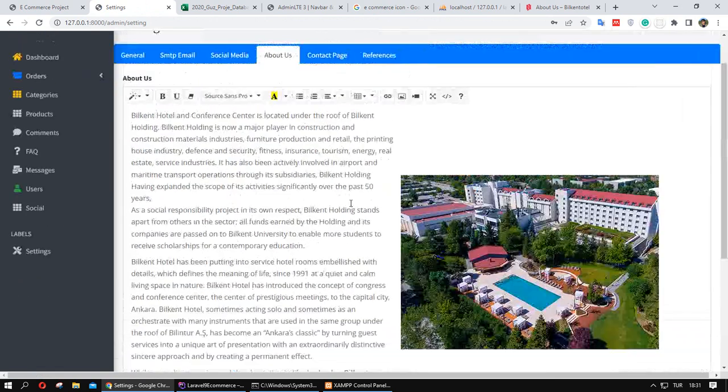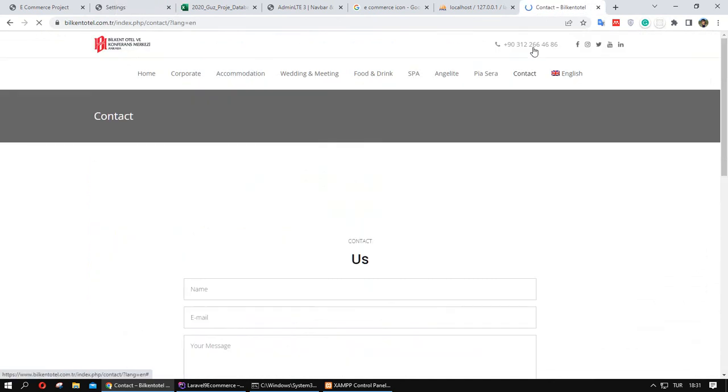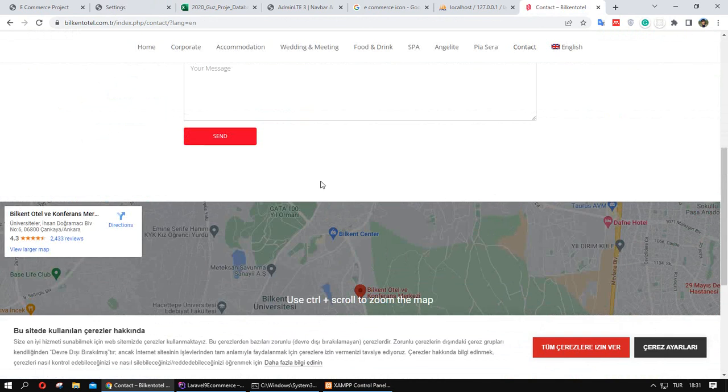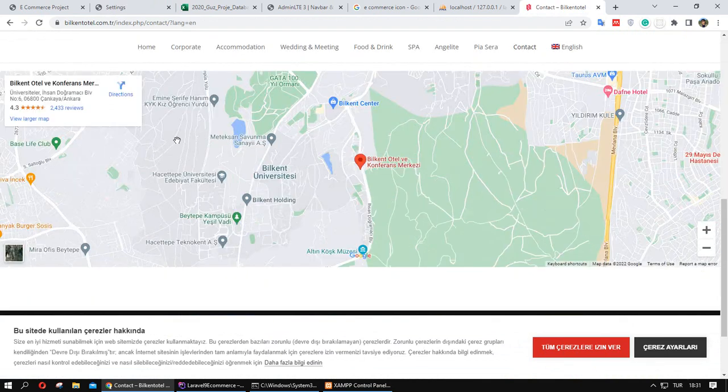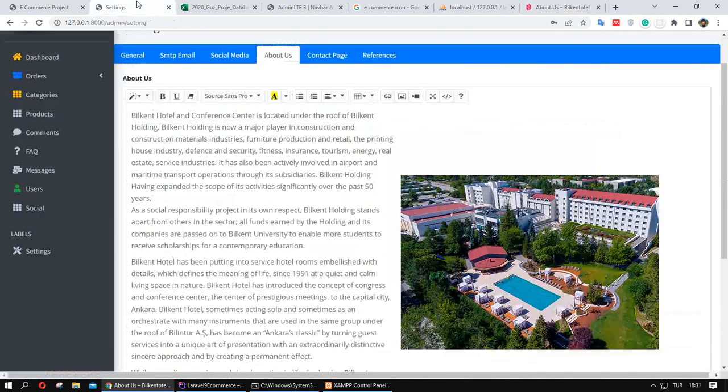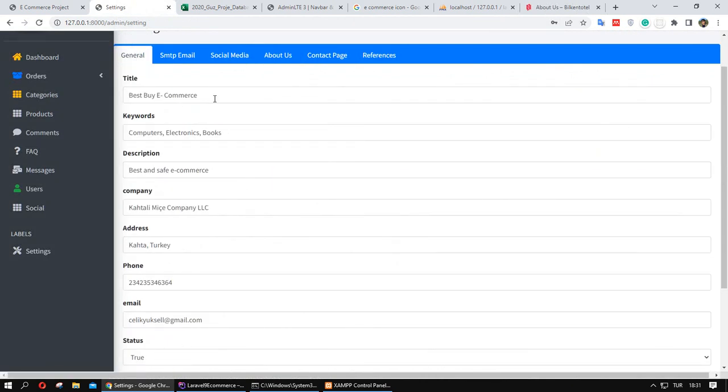Okay, like that we can give some information. And contact also, it's contact. This contact is not about this form, we will add that form, but it's about information, contact information. Okay. Okay, we add